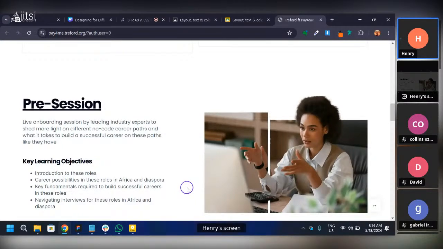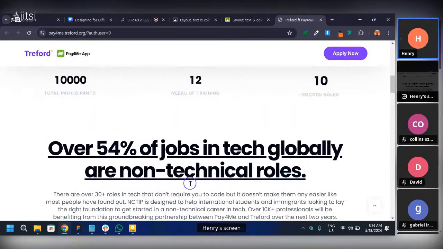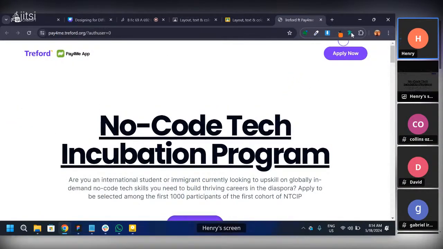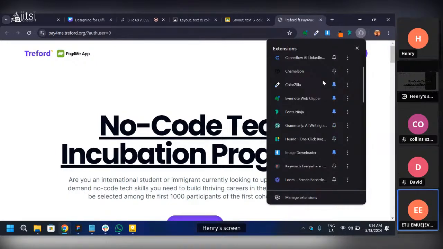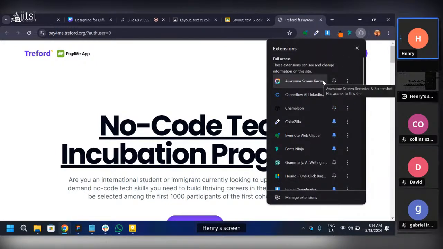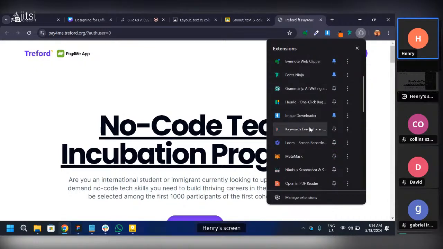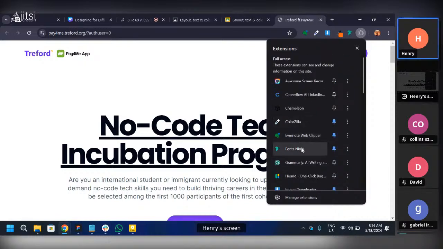You get an extension. I hope you guys can see my whole window. You guys can see my extension, right? Please, I need confirmation. I hope you guys can see the whole window. You guys can see my extensions. Yes, sir. So, Font Ninja is one extension that you can use to get the sizes of